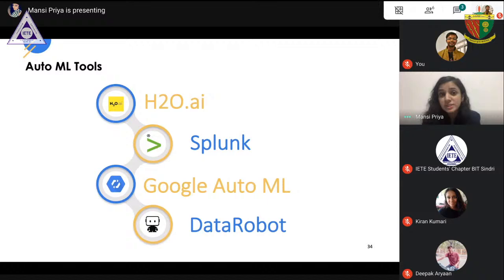Now you can easily implement them using APIs. You can simply call them from whatever application you are using, and you can get the predictions. So these are the AutoML tools, which are easier to use. But yes, these are very costly, so we won't be able to use them on our own. When you go into the industry, you will be able to get these. I particularly use DataRobot in my company on a regular basis, and I can tell you that it is really very fast and time saving for me.